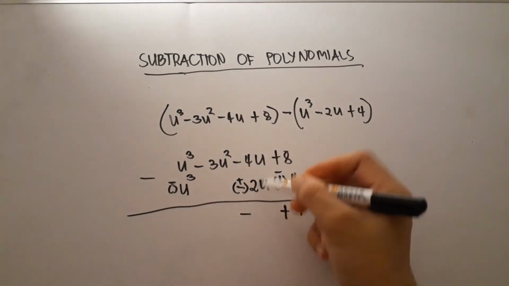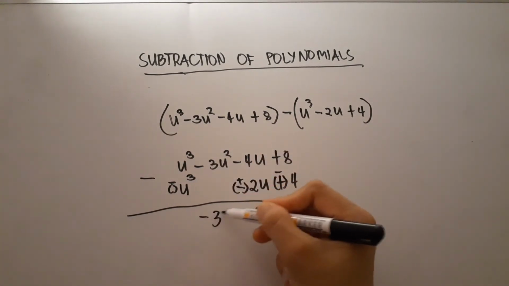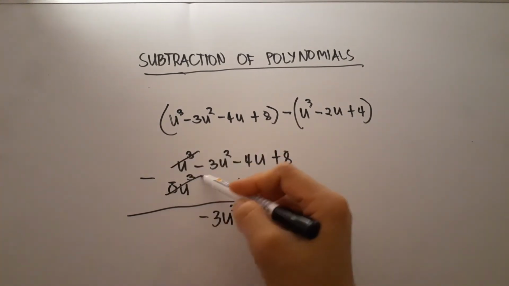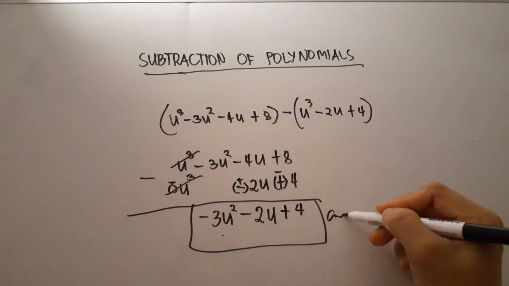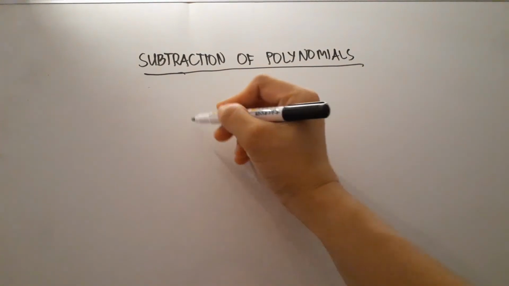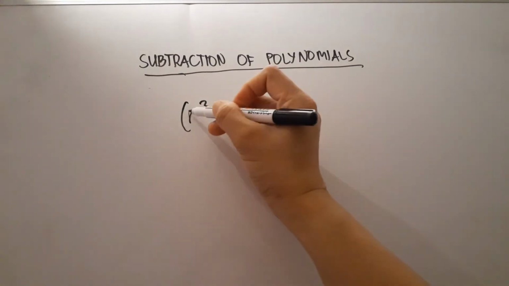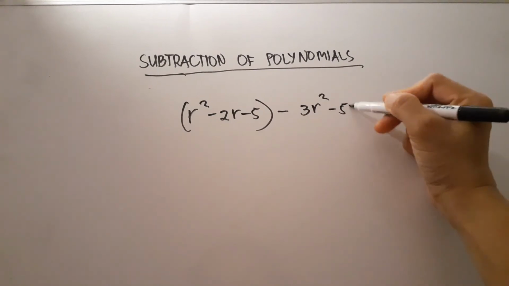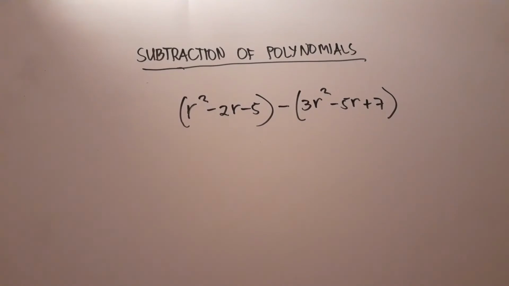Since the larger value is 4, we can use negative 2u and copy this, and cancel out this because it has the same value and different sign. And this is the answer. And let's have another example. r squared minus 2r minus 5 minus 3r squared minus 5r plus 7